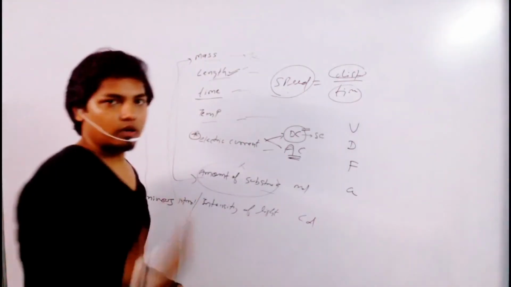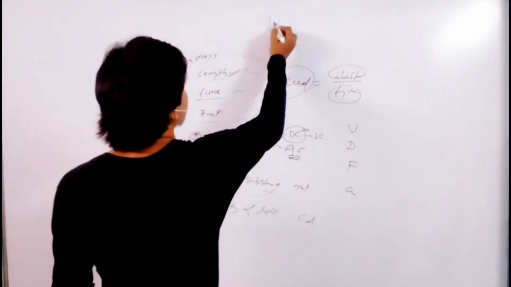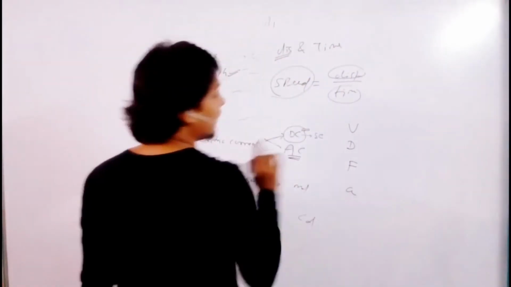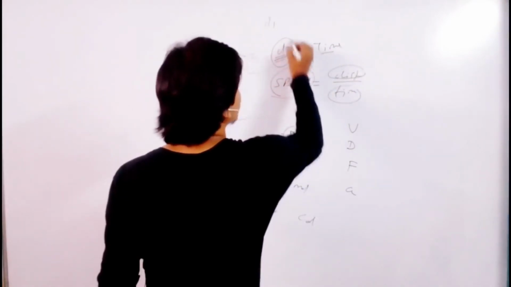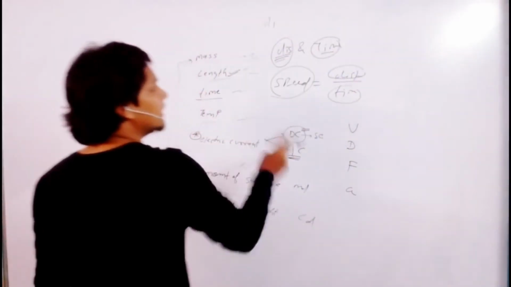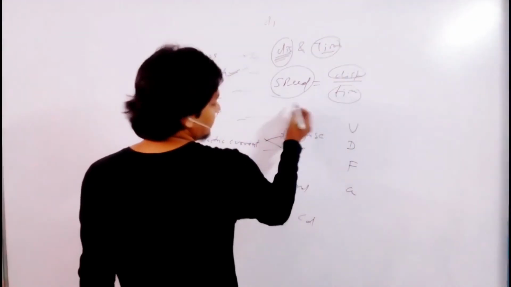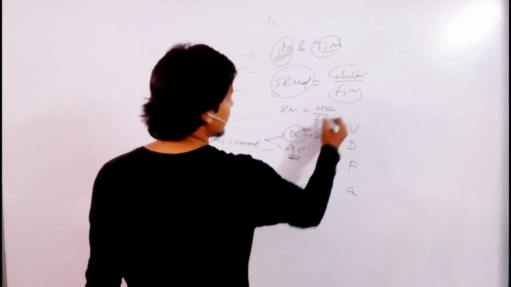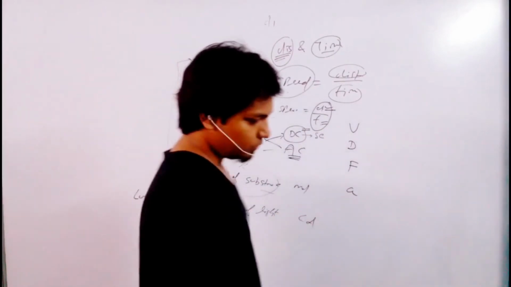If you have some scalar quantities, take an example of distance and time. Distance, I'm not talking about displacement, they both are different. Distance is scalar, time is also scalar. If I divide distance by time, I will get one more scalar quantity. So you see the formula, speed is equal to distance by time. In distance by time I have two quantities, scalar and scalar. So scalar and scalar quantities will always give you scalar quantities.